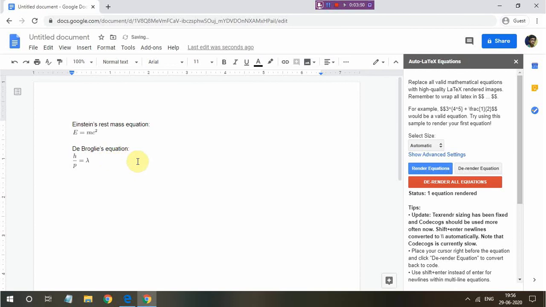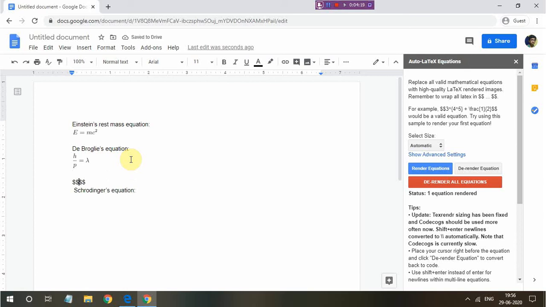Now let's try Schrodinger's equation. It's obviously much more complicated, but this will give us a good idea of how to use this. The Schrodinger equation is minus h cut squared over 2m del squared psi plus u psi equals, though there are many forms of the equation. The thing is that h cut is actually h over 2 pi. Let's type this equation first.